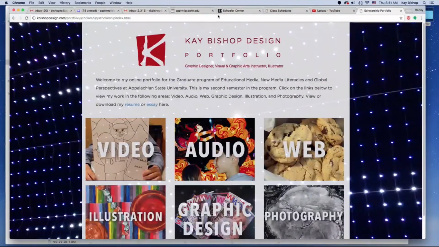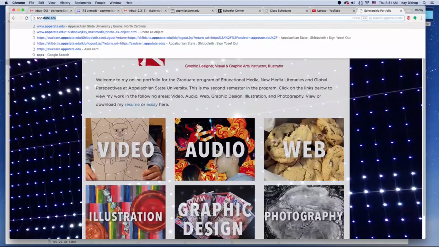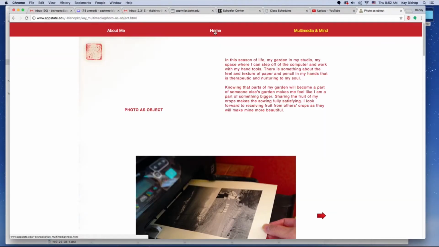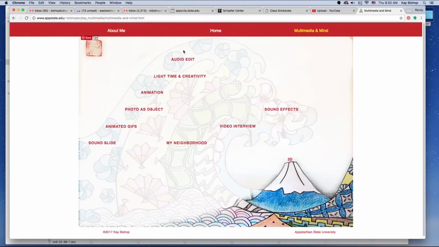So I go to, this is on my AppState host, and you can see here I have those 3 web pages. I have my home page, which is my index HTML page, an About Me page, and a Multimedia and Mind page with additional links. So we're going to go over how to set up a site like this in Muse, and go back here